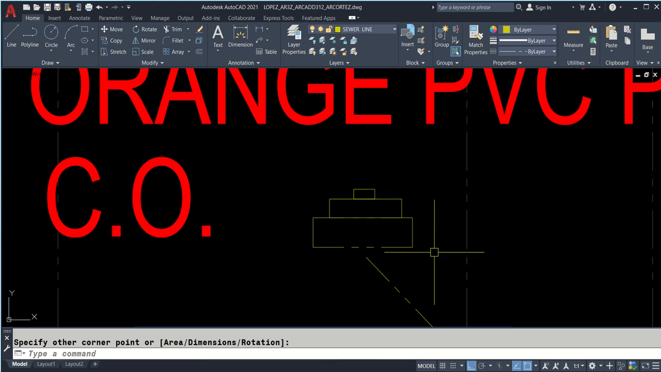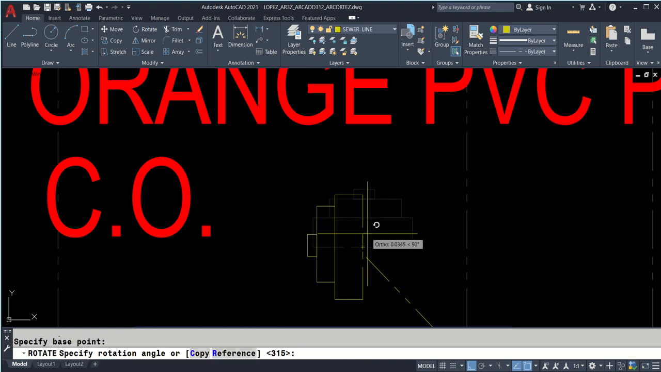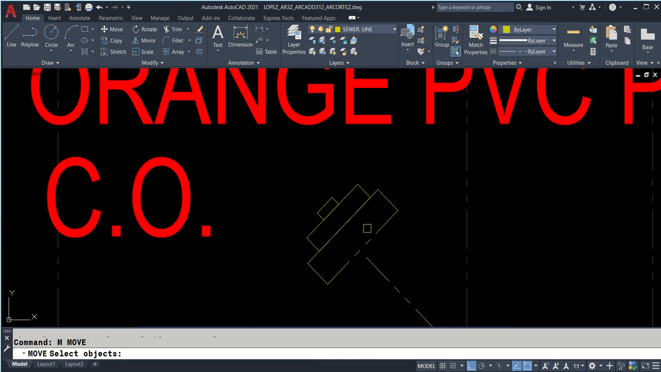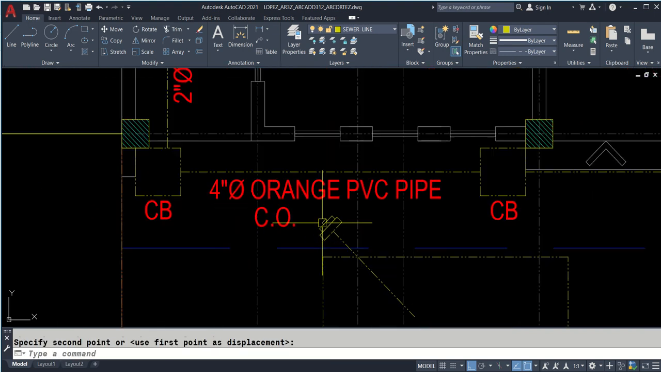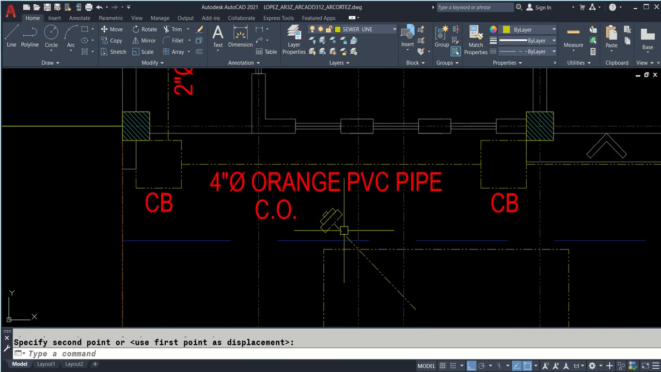Okay, then I'm going to rotate this one, select, enter. I'll click there, that's 45 M. You snap midpoint to endpoint. Okay, para medyo malaki ata siya. Anyway,